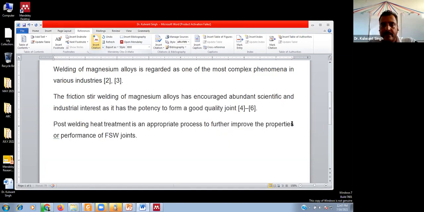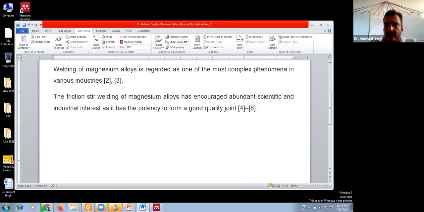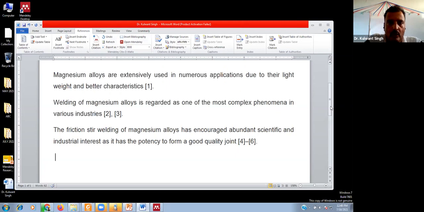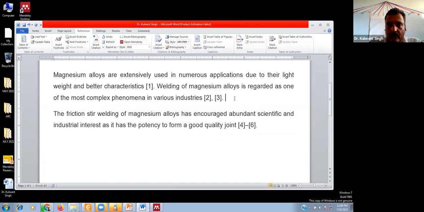I'm inserting the three citations here. It will automatically arrange as per the selected style IEEE. So here we use a total of 6 citations in this particular paragraph.